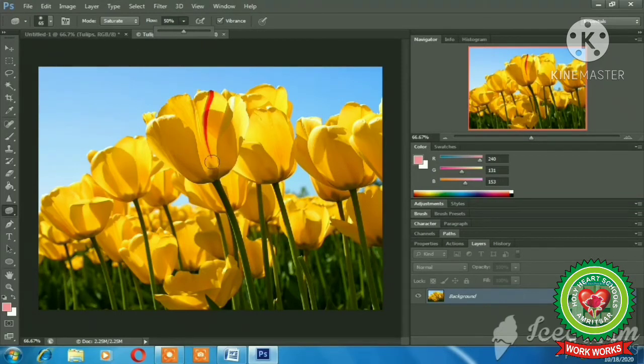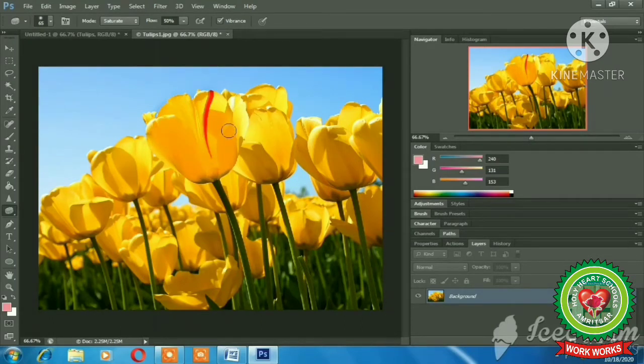Now we will come to the image and we will hold and drag the mouse like the spongy effect, like we are wiping with a sponge. That effect is given with the help of this sponge tool. You can see I am just holding and dragging the mouse after selecting the sponge tool. This way, hold and drag the mouse.